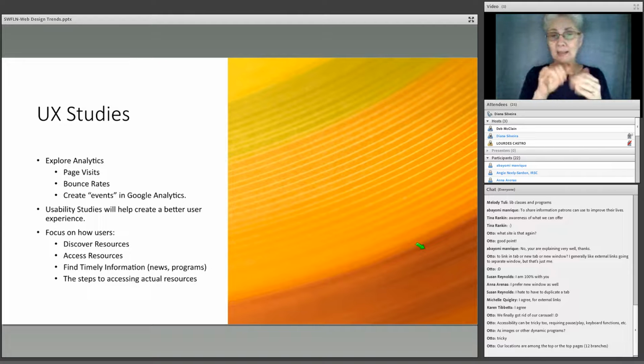Usability studies: I cannot interview a user. Interview 3 users for a usability study, and I guarantee you will know more about your website than you ever did. You don't need a lot of people to do that. You just sit down with somebody, either on Zoom or at the library, and ask them to do 3 to 5 tasks. Put a book on hold, find out how to learn French, find out when the next program story